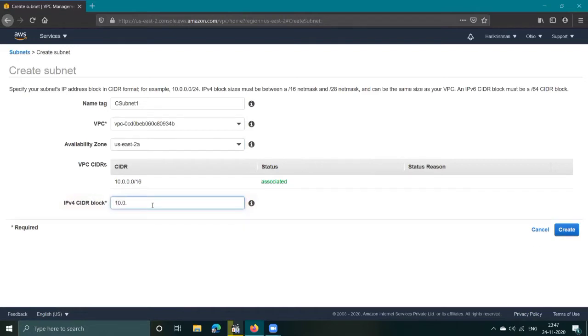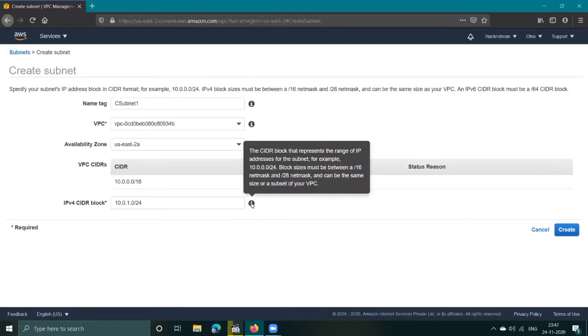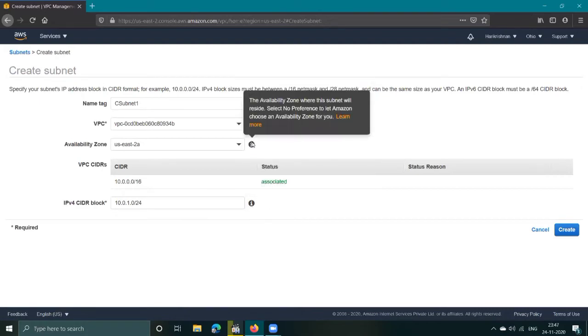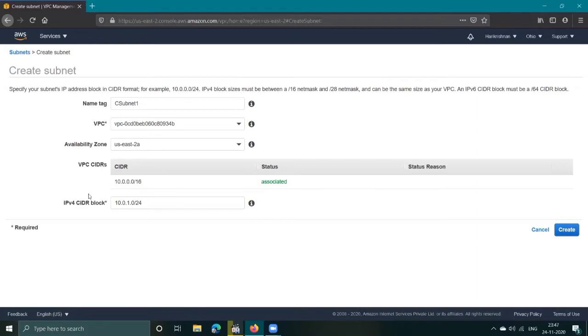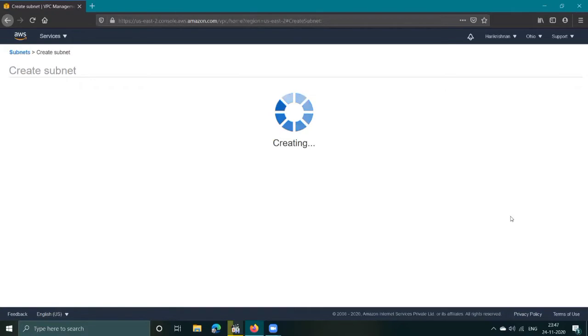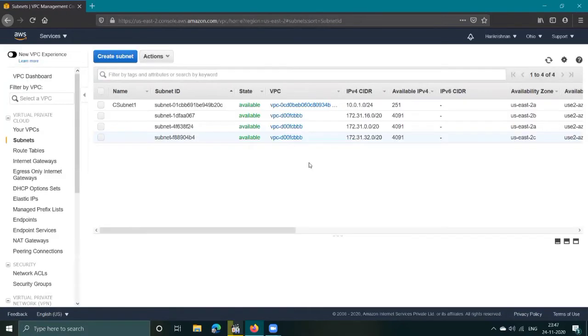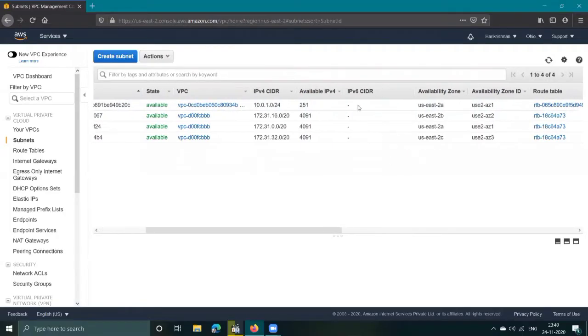See, if we do not select an availability zone, we cannot give the IPv4 CIDR block. Select US East 2A and the IP as 10.0.1.0/24. See, the icon presents the information about all the labels. You can use it for your reference. Now create the subnet. Close the button.